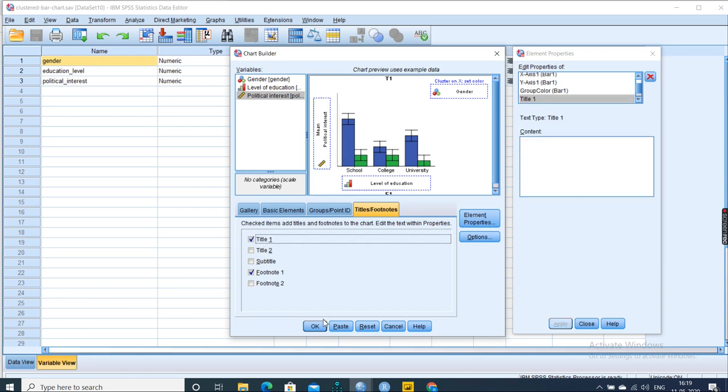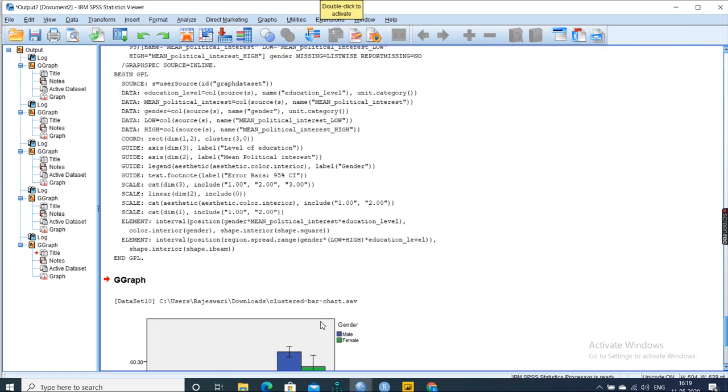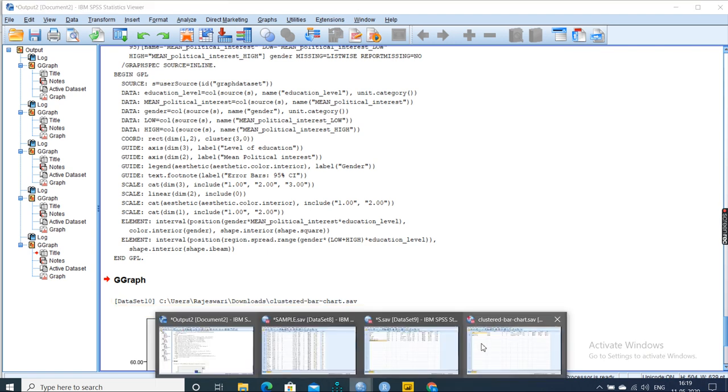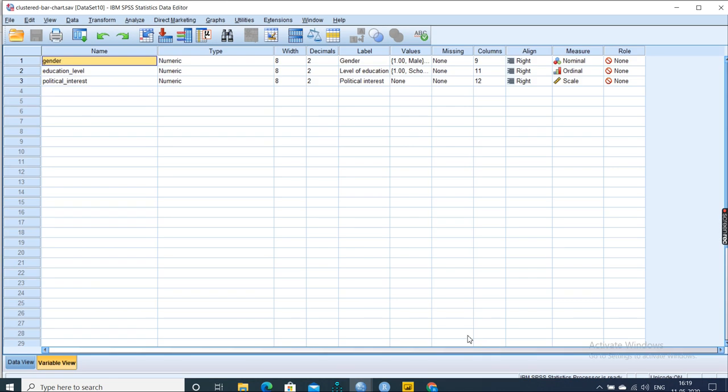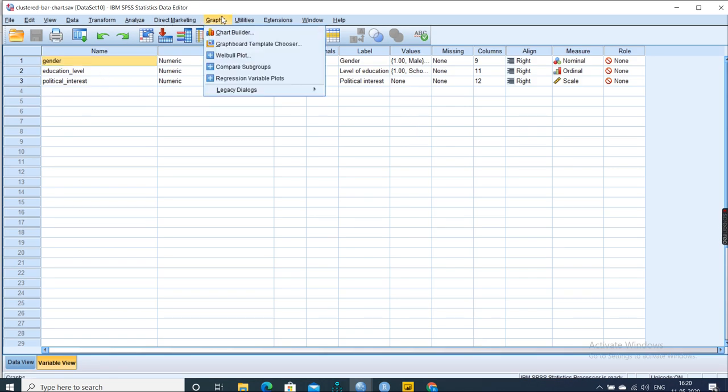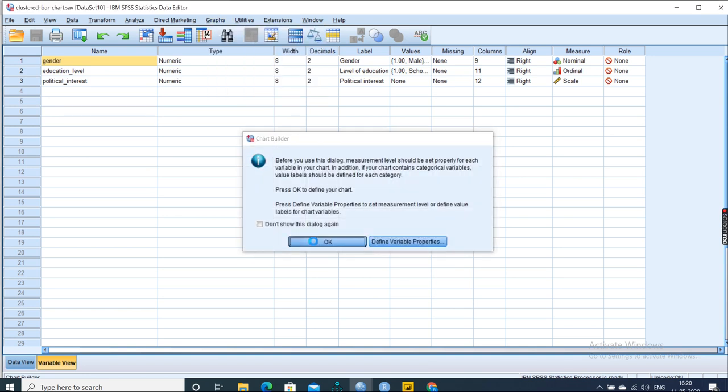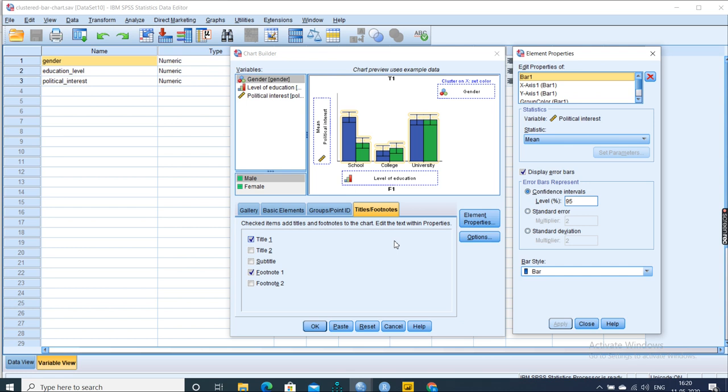Other thing is, if you want to give a title, you can give it. Why are the footnotes popping up? We want to see the footnote, right? The footnote is your 95% error value, that is, we are mentioning the 95% confidence level in the footnotes. So automatically, by default, it is showing.